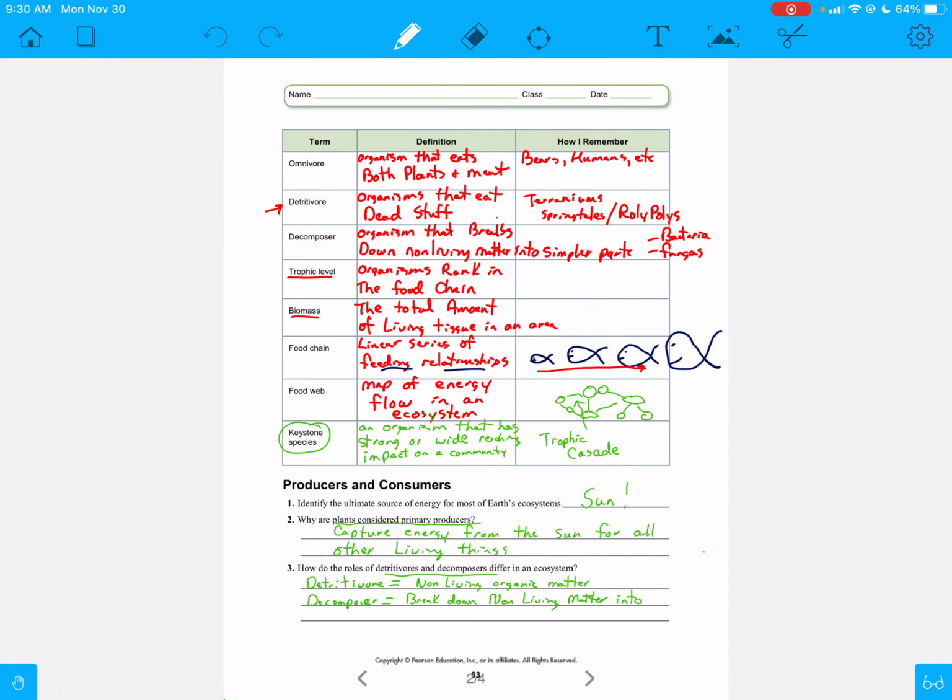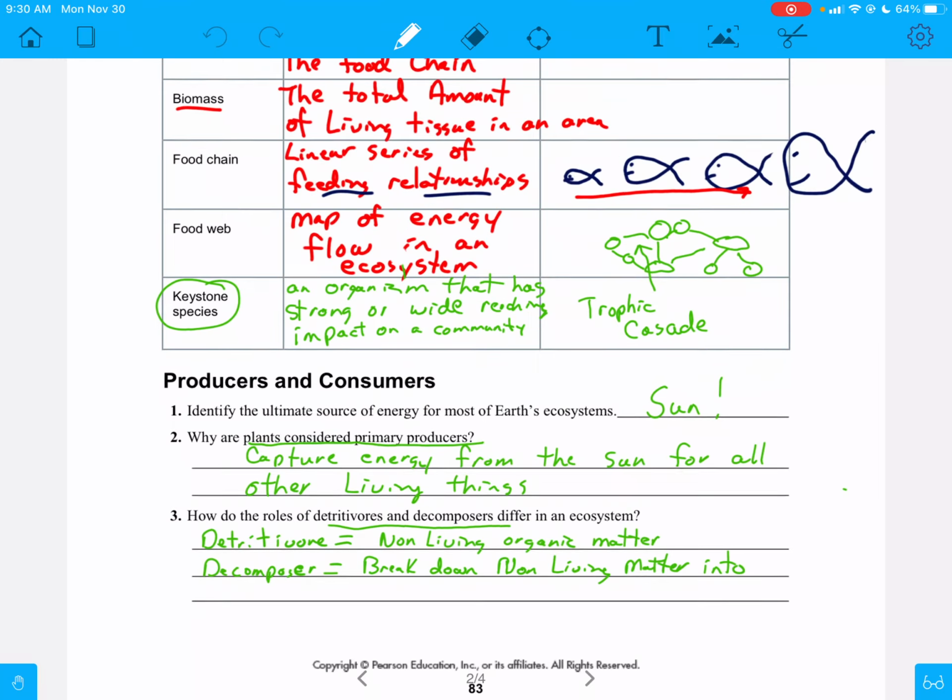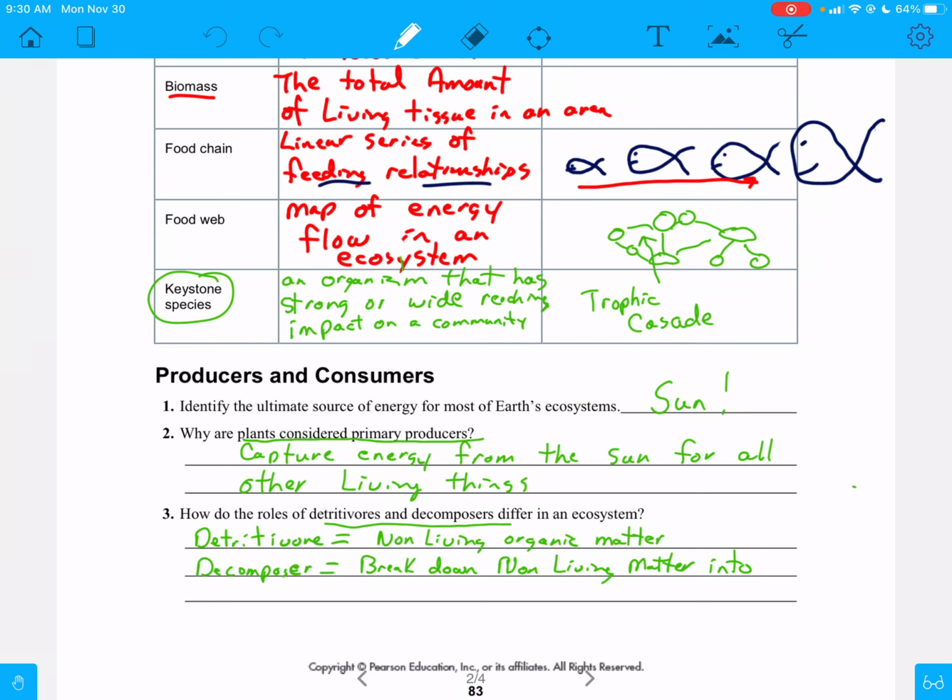All right, so we're ready for part 2 of the 5.3 study guide. I wanted to give you this page one more time. I think it cut off before I got down here to detritivore and decomposer, and I started running out of time, so got kind of rushed. Just letting you know, detritivores are